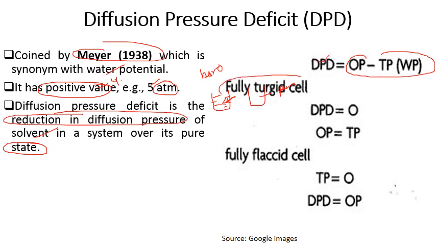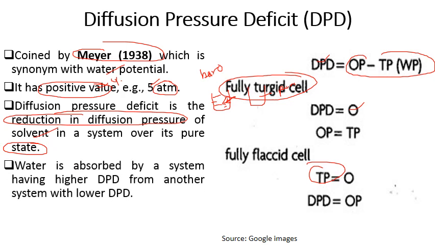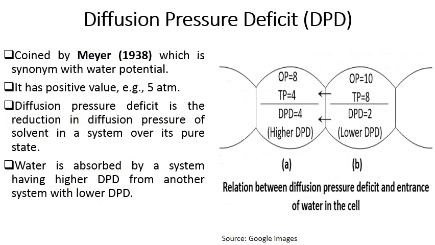In a fully turgid cell, its value is 0 because here osmotic pressure is equal to turgor pressure. In a fully flaccid cell, it is again 0. Here DPD is equal to osmotic pressure. So water is absorbed by a system having higher DPD from another system with lower DPD. So simply, water will move toward the side which has the higher diffusion pressure deficit, from where the DPD value is lower. So we will understand it with the help of